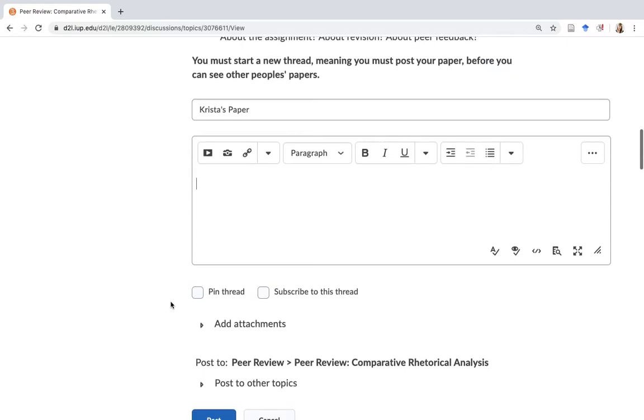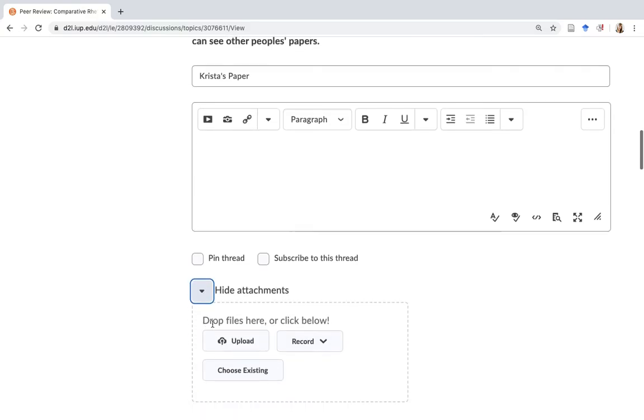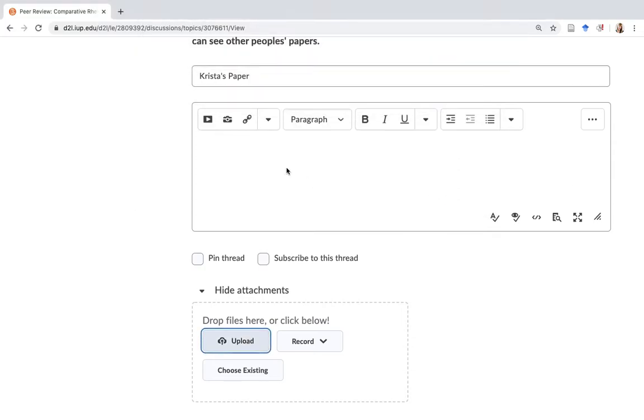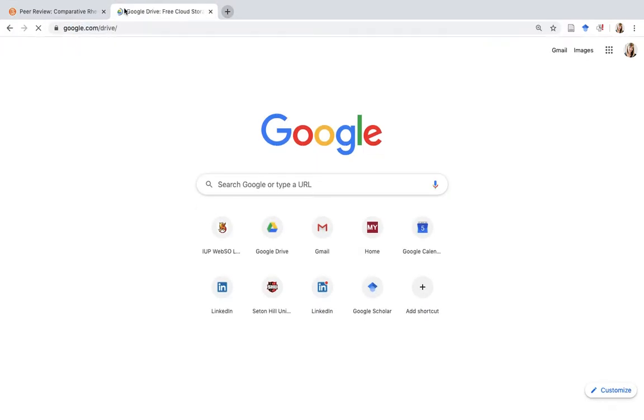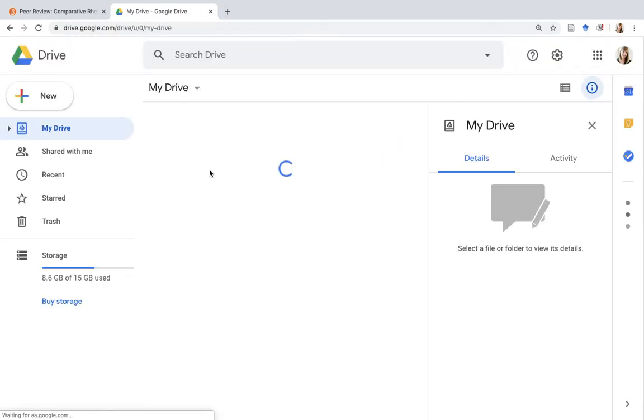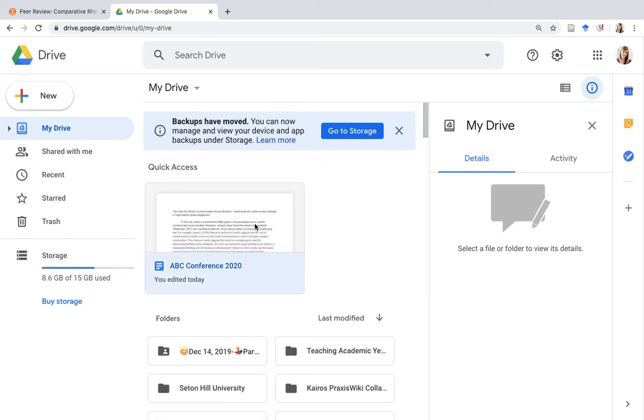So if you're going to upload an attachment, click on Add Attachments, and you can go ahead and upload the file from your computer. If you're going to use a Google document, then what you can do is go to your Google document, and I'll just demonstrate how to do this with a Google Doc that I've been working in. Let's say this one. So you open up your document,